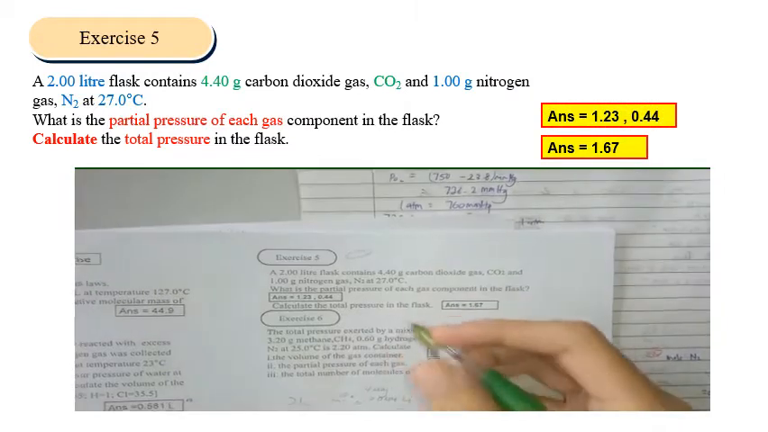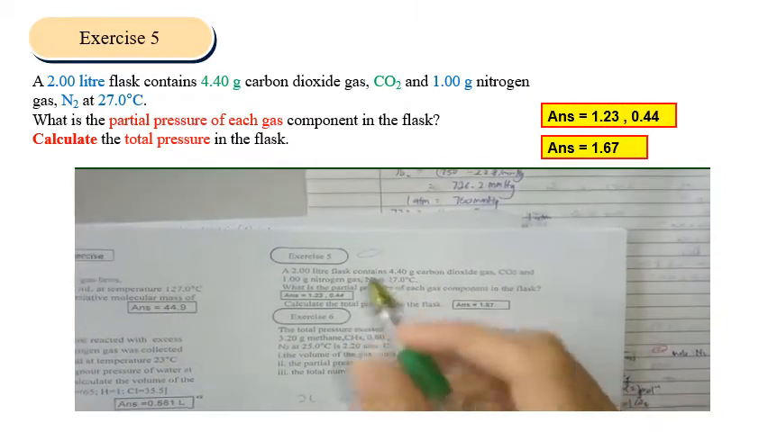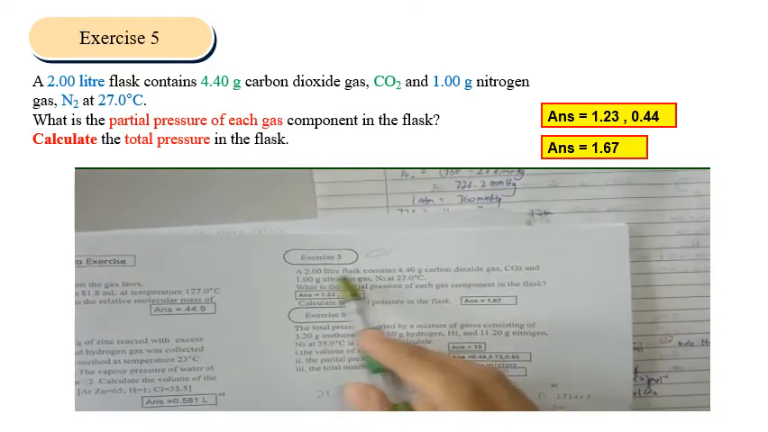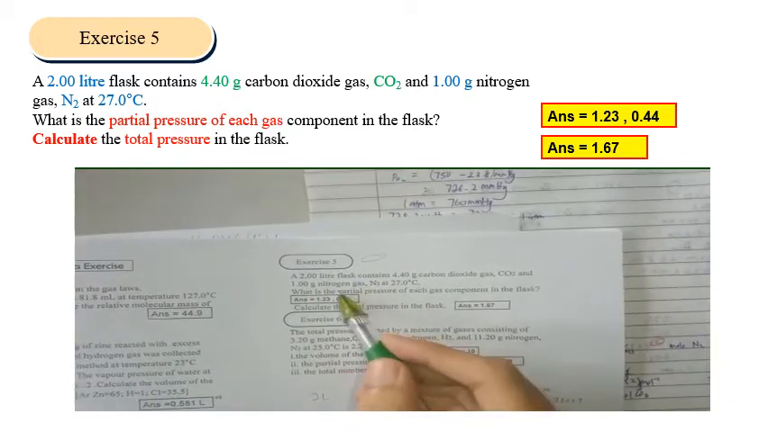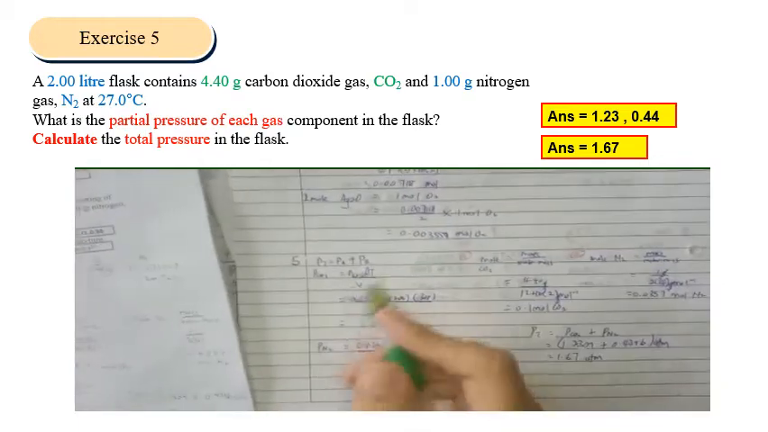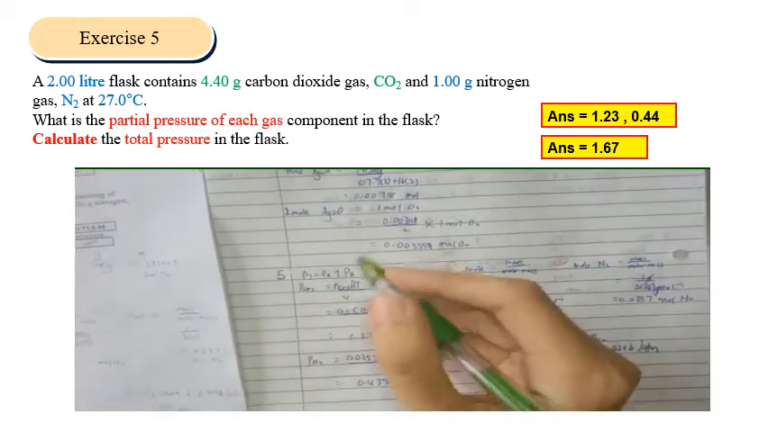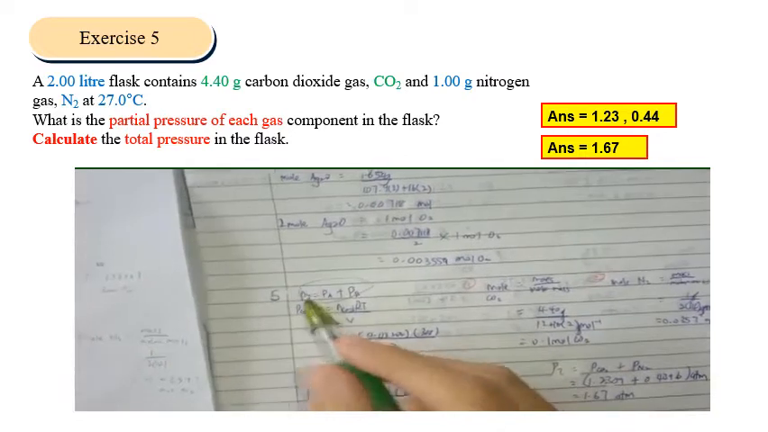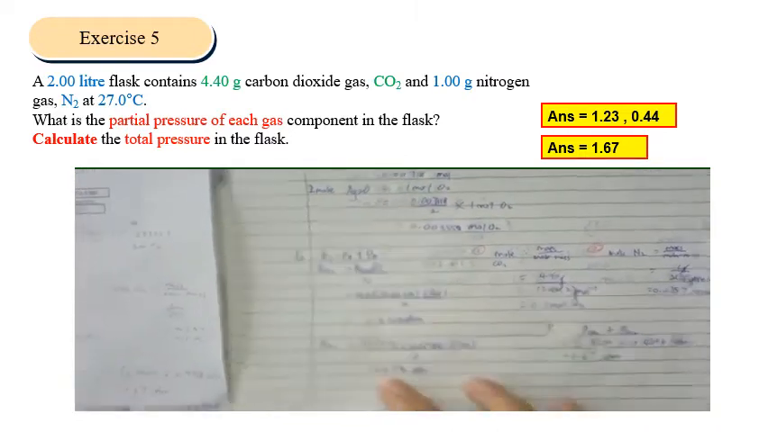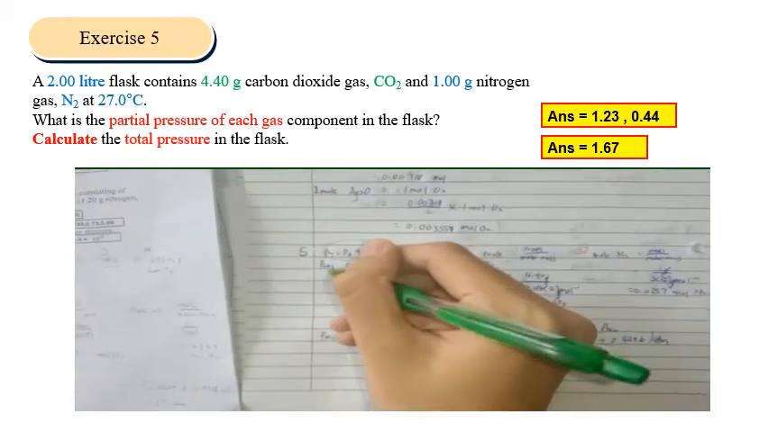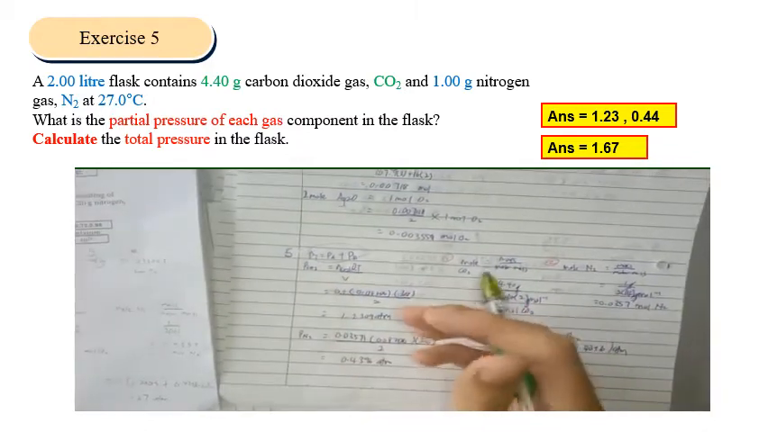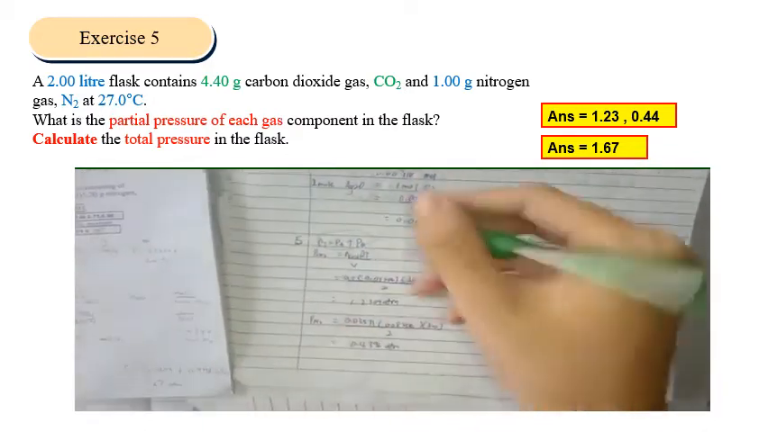Hi, today we want to discuss question 5 in the lecture note. The keyword in the question is partial pressure. When you see partial pressure, you must know this is Dalton's law. The formula is pressure total equals PA plus PB, where PA is PCO2 and PB is PN2. And how do you find PCO2 and PN2? You need the formula